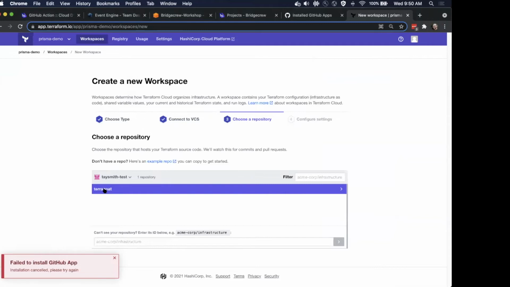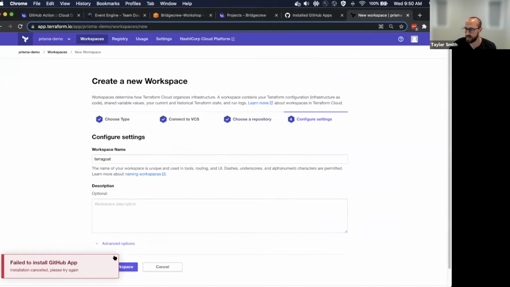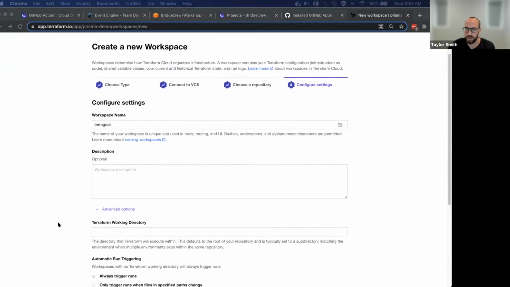Okay, so now I have just my TerraGoat one. In this case, it helped to remove all the other integrations I had with Terraform Cloud. I had one other VCS integration. So that figured it out. All right, and the workspace name TerraGoat is fine. We'll keep that. Under advanced options,